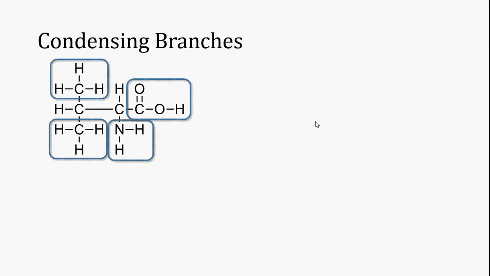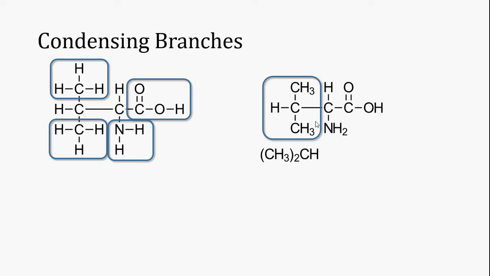First, we can condense some common groups down into their condensed form. Already in this partially condensed structure, the structure of valine is much easier to visualize and interpret. However, we can go farther. The group that I just circled in the structure on the right can be condensed into the condensed form shown below. That carbon has one hydrogen bonded to it and two CH3s, so we can group the two CH3s together in parentheses